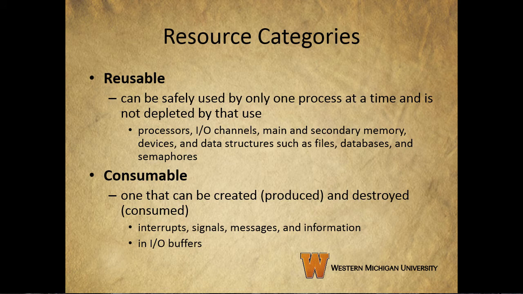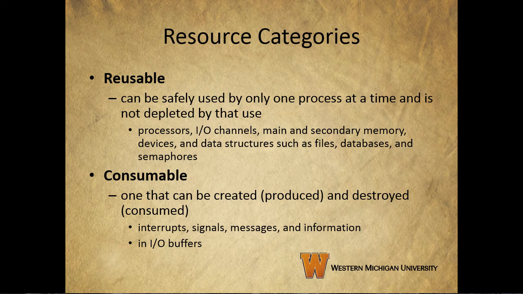about those resources, and specifically let's take a look at the categories that a resource can fall into. First, we have reusable resources that can be safely used by just one process at a time and is not depleted by that use. So processors, I/O channels, memory, files, databases, etc. These are resources that can be used over and over again. So even if they can only be used by one process at a time, it's not as though they go